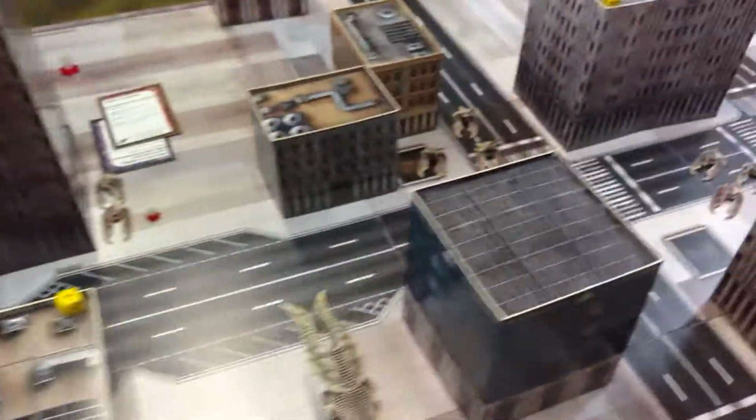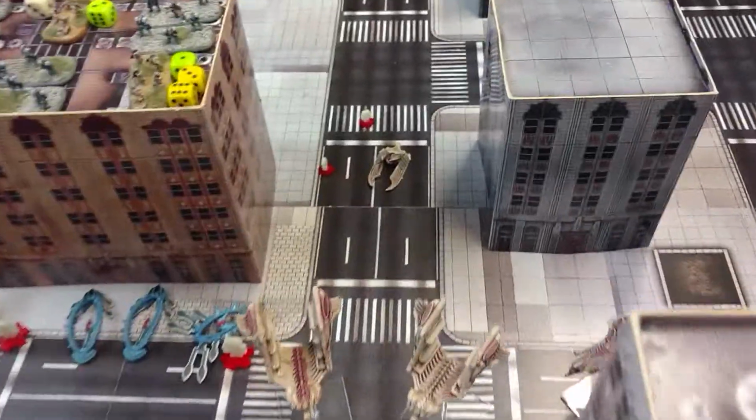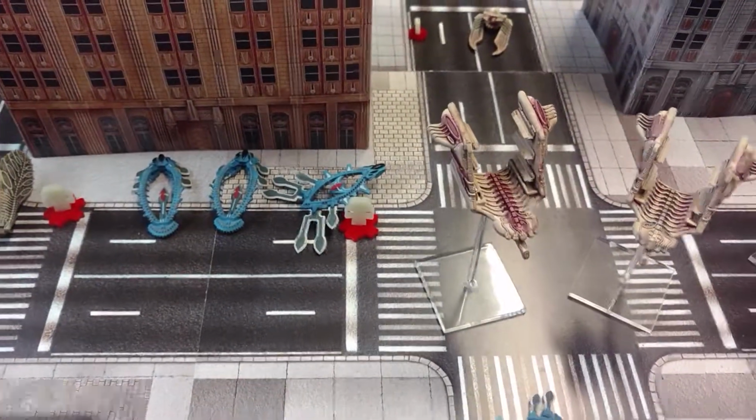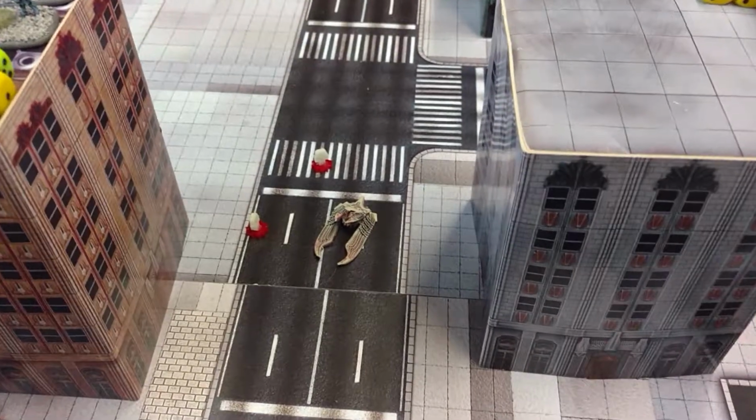Scourge Vanguard activated next, brought these hunters rolling up through here, and down here they brought their Reapers out. The Reapers fired and destroyed this Eden. In response, the Shaltari did their War Fist. The Cayman moved up here. His Gauss Triad punched out one of the